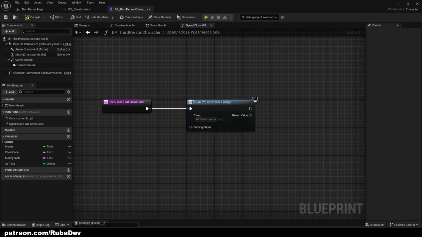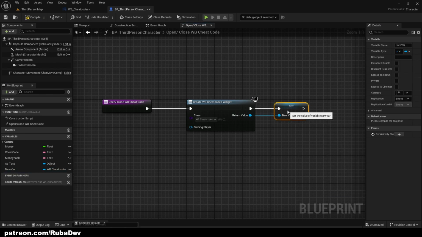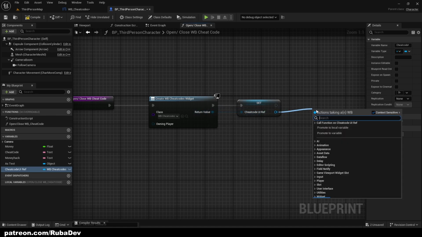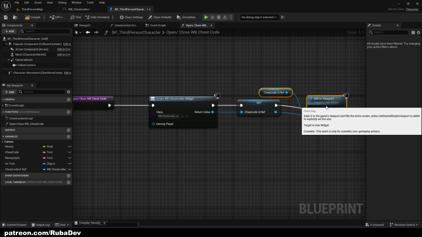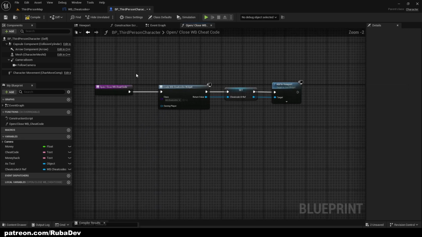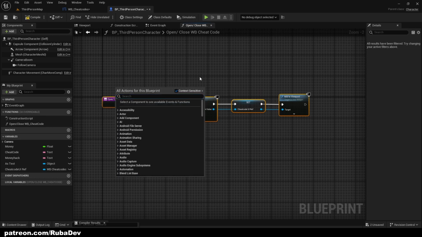This widget is gonna be cheat codes. Then I'm gonna promote it to a variable called cheat code UI ref, and then from this blue pin, which is return value, add it to viewport, just like that. Okay, so now when I press tab, it's gonna do all of this stuff, but before that